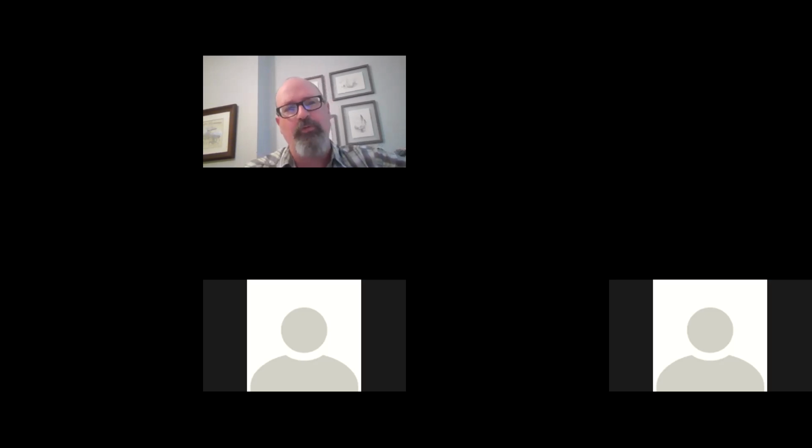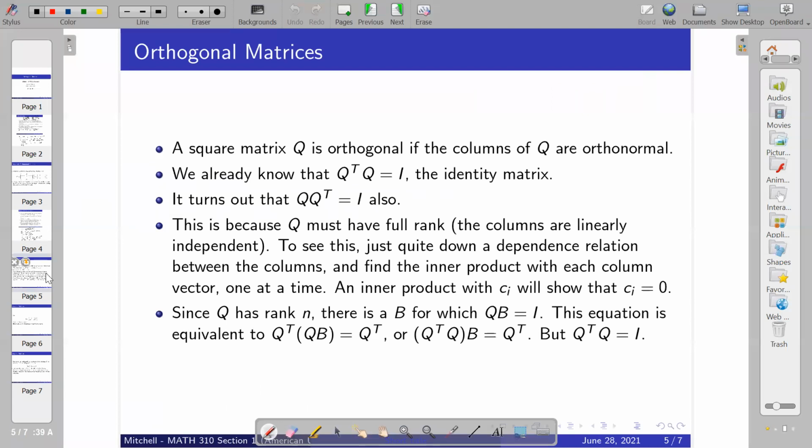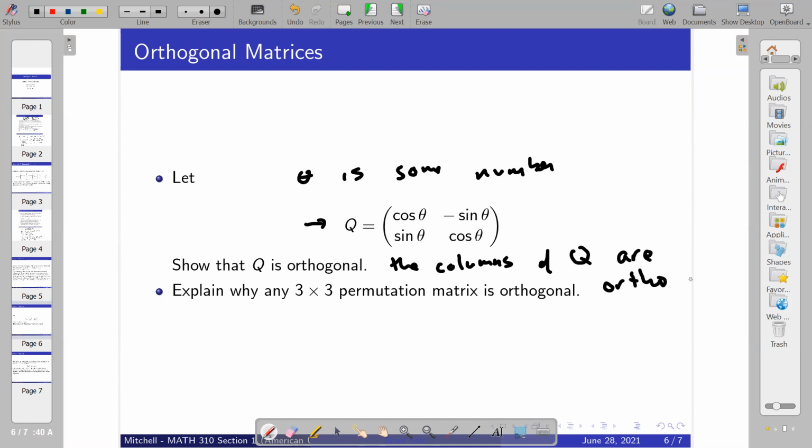So we have the definition of orthonormality, at least. To talk a little bit more about orthonormality, I want to talk about things in less abstract terms. I'd like to have people do a couple of examples. So this particular matrix Q is just a 2x2 matrix, and theta is some number. What I'd like people to show, when you say that Q is orthogonal, is that the columns of Q are orthonormal.